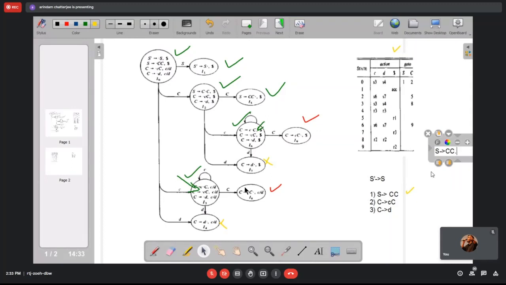For LR0, we said that for all terminals, we will have that rule as reduction. In case of SLR1, which is a little different from LR0, we applied this reduction only for those terminal symbols which are in follow of S. But here, there is a little difference.